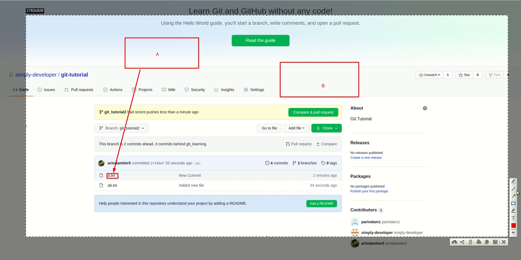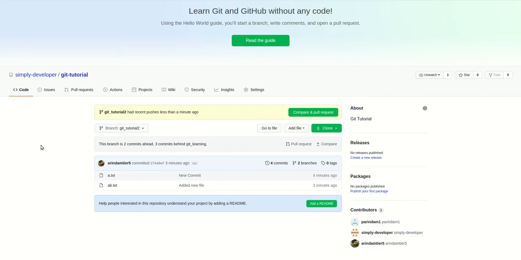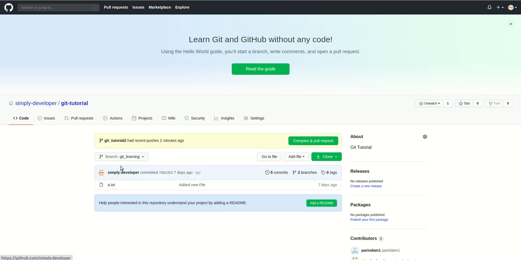But if you create the B branch from A, then in that B both are there: a also, because you created it from A, so a is there by default, and if you create a new file, the new one is also there. But in our previous branch only one file is there.